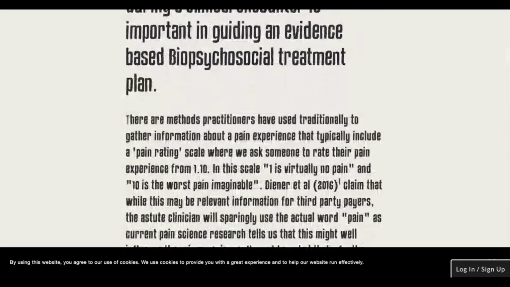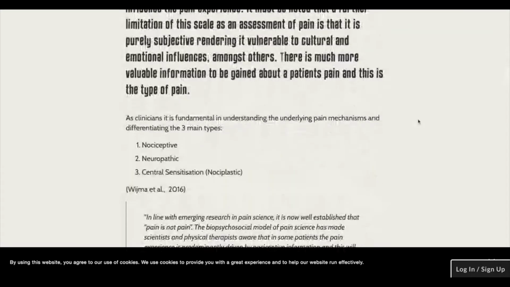Now, there are 3 primary types of pain that we have to be able to try and classify in terms of answering that question that you just said there. Is this pain that I listen to, or is this pain that I need to be able to challenge? And the first type of pain mechanism is your nociceptive, and that is where we have our danger receptors. They are in all of our tissues, not strictly true, we don't have them in our brain, but in all of our tissues in our body that are sampling to be able to look for threats, mechanical threat, thermal threat, or chemical threat.